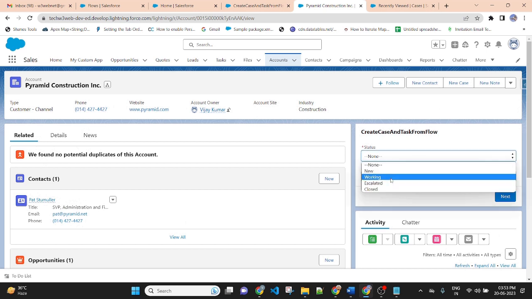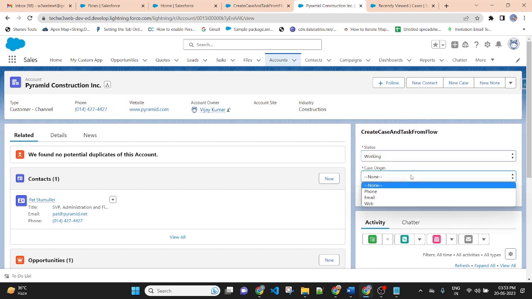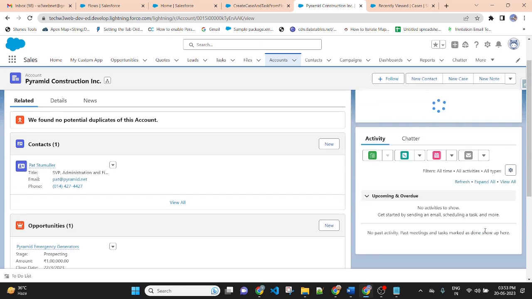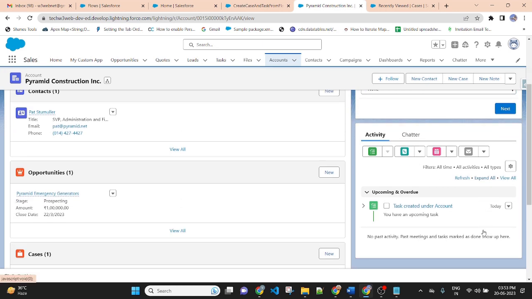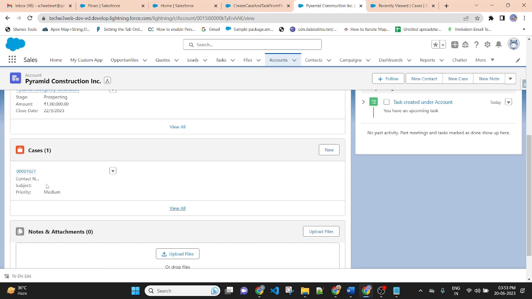So now I am selecting Working, case origin will be Email, and Next. As you can see, one task and one case have been created automatically.